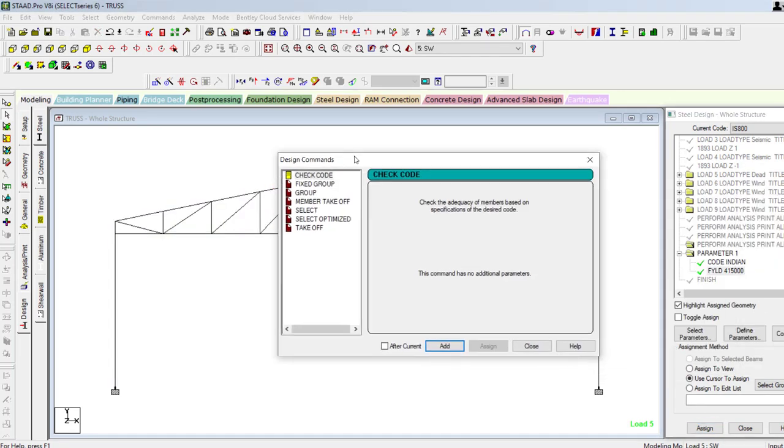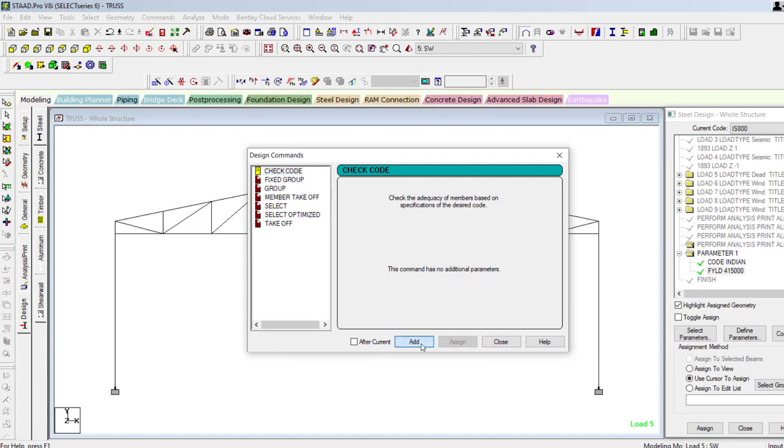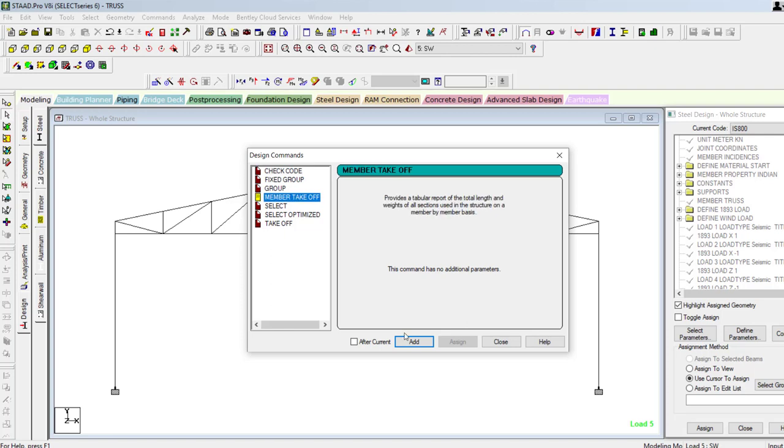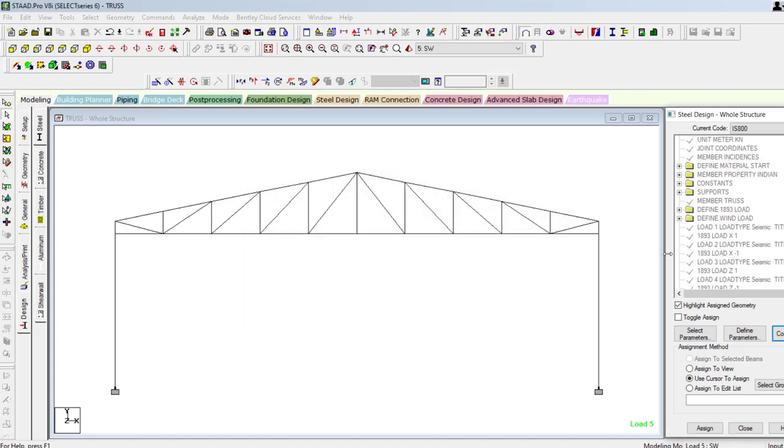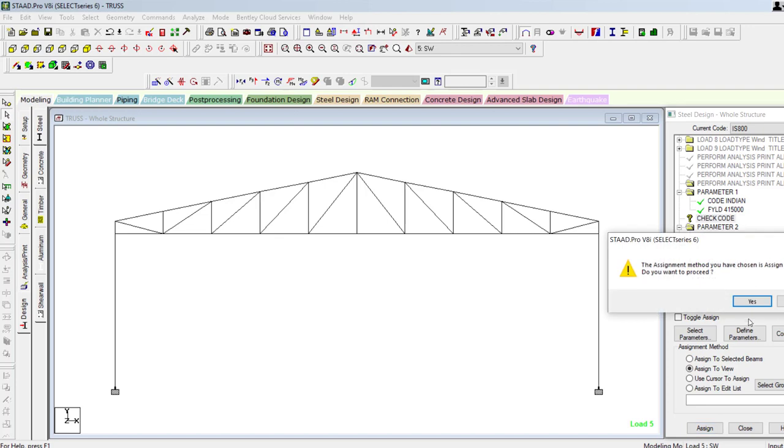Next command, we have to check the code, add, and then if you have the group then you can go ahead with the group. I just add the member take up, means it will give the count that how much ISMC and parts are there. Take up also I have to add. Scroll down, we have the question mark, means we have to apply it for whole the geometry.